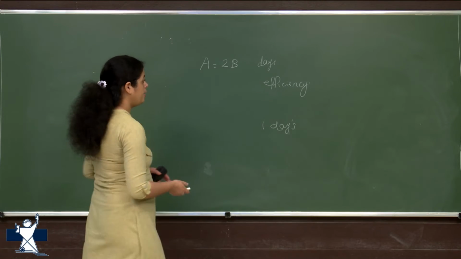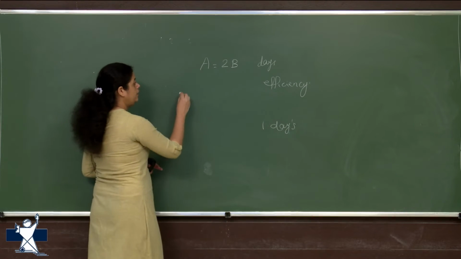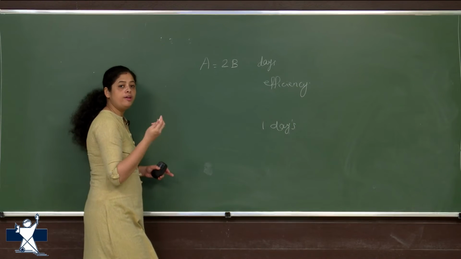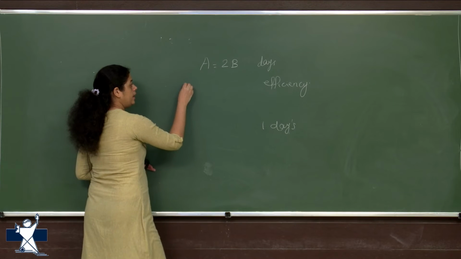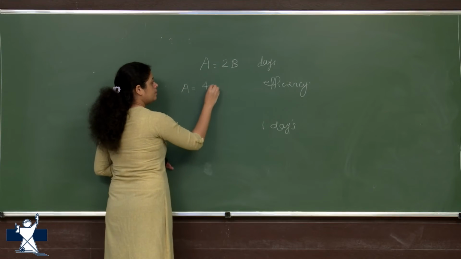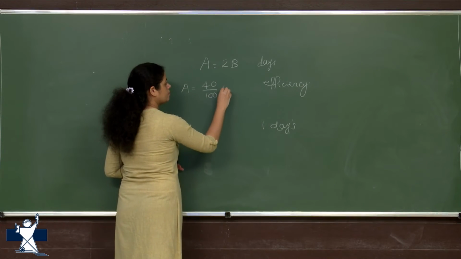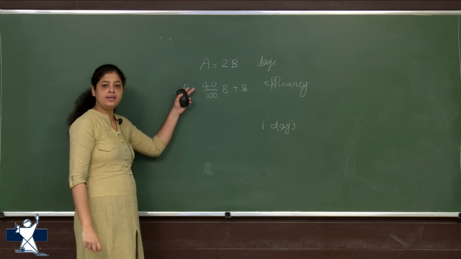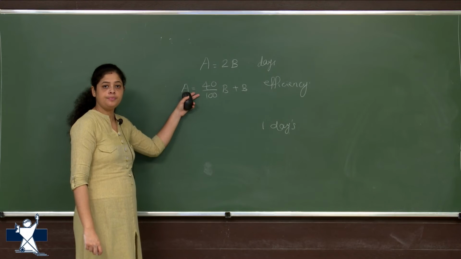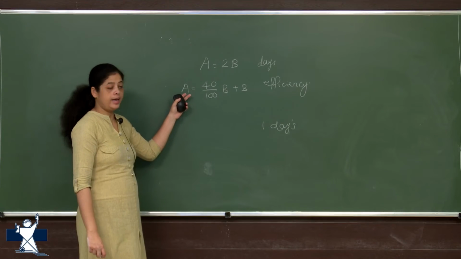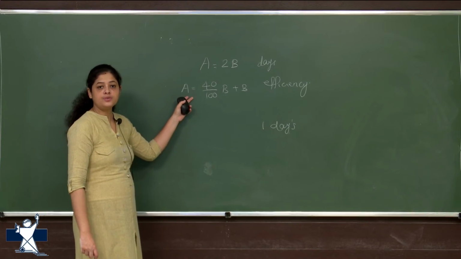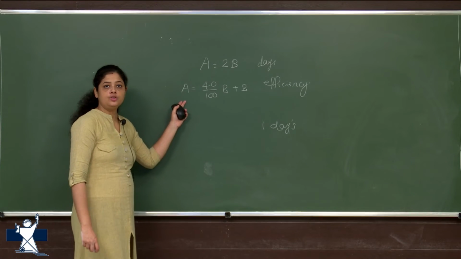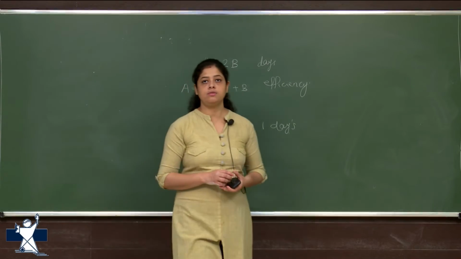So whenever an efficiency relation is given, here it says B is 40% more efficient than A. That means A is taking more time. That means A is 40% less efficient than B, right? That means the number of days A takes is more than B. That's why we are going to reverse these letters in the efficiency ratio. So just try to find the answer with this concept.